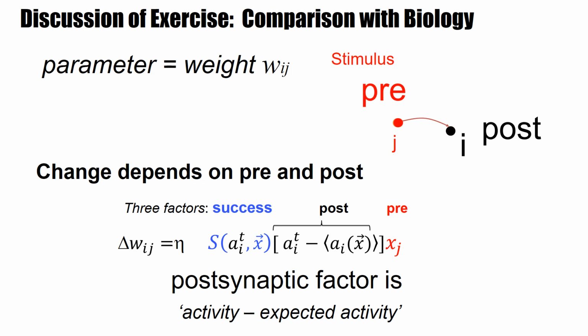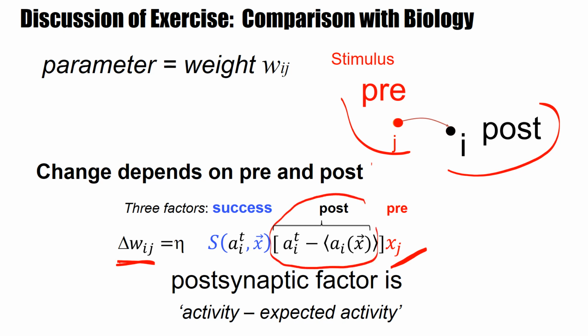is the following. The weight update for connections from a presynaptic neuron j to a postsynaptic neuron i has two factors here. One is a presynaptic factor. It depends on the activity of the presynaptic neuron. Then it has a postsynaptic factor. It depends on the actual output, one hot coding, minus the expected activity of that unit, expected given this specific